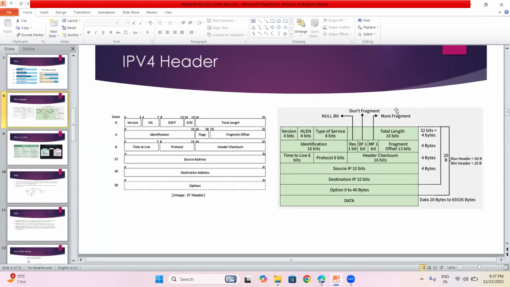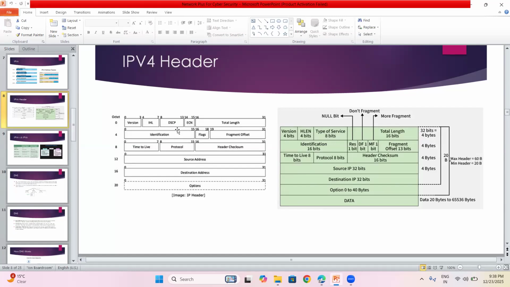So what is your doubt in this? The size, sir, particular. IHL, DSCP, ECN. You can forget this one. Just remember the type of service; both are combined as the type of service. This is a breakup of the particular blocks. So if you go particularly with the DSCP, this is the part of the